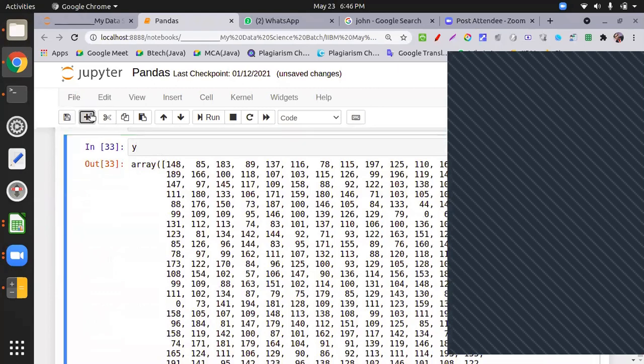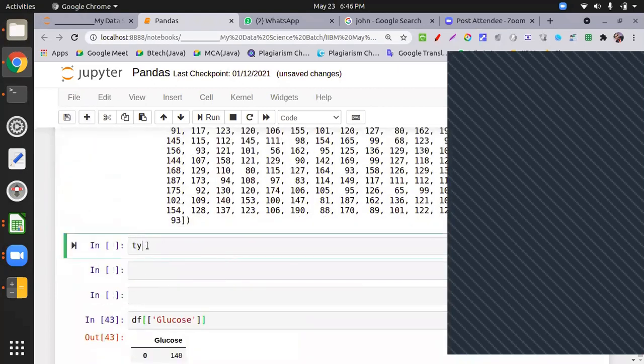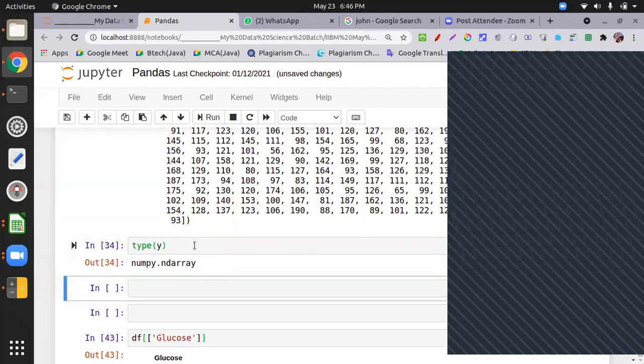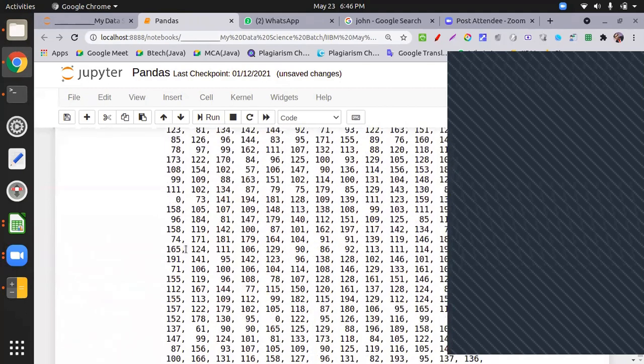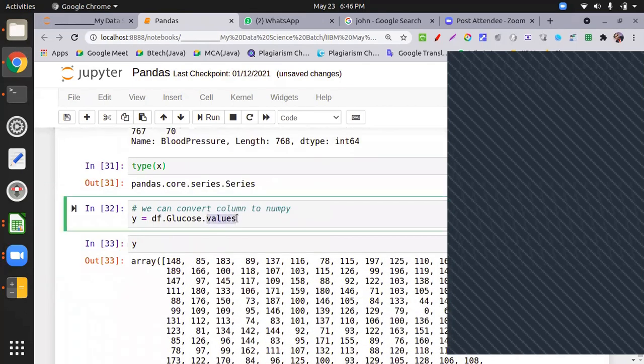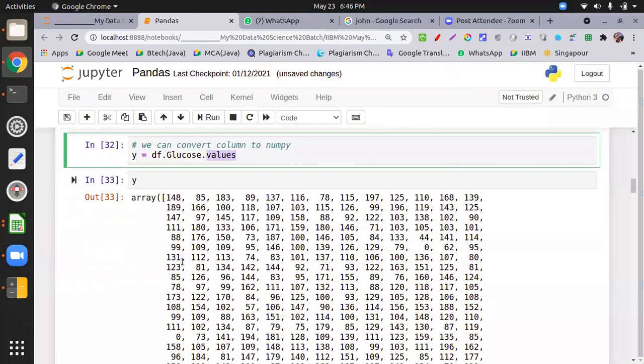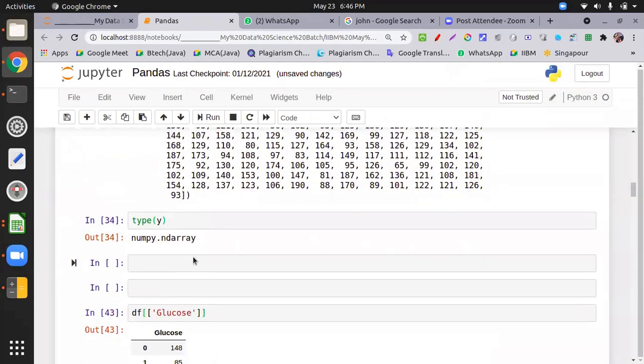Now if we check the type of y, what do we get? NumPy array. It's a NumPy ndarray, an N-dimensional array. NumPy is a package, ndarray is a class, and N-dimensional array means the type is changed with only one attribute. You fetch the values without any indexing in sequence. So keep this in your mind. These are the facilities available in pandas. You can switch back to this one.